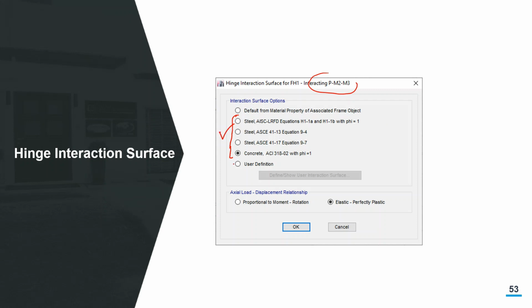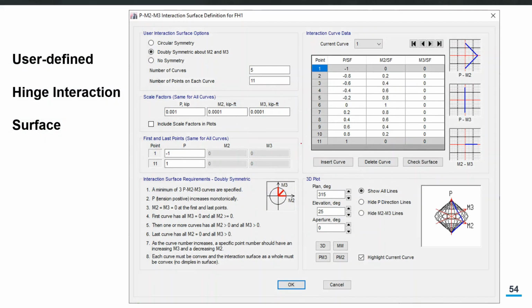And the last option is user defined, where you define your own surface point by point. That will be the most complex case, but that is also available. If you go for that user defined option, it will take you to this form where you have to give all three columns P, M2 and M3, and the program will generate the PMM surface for you.